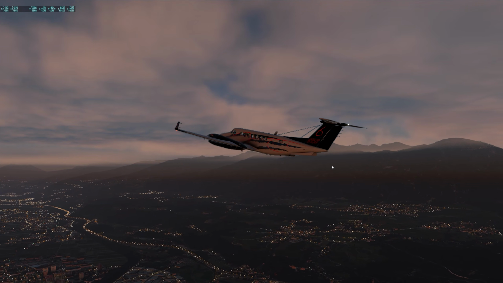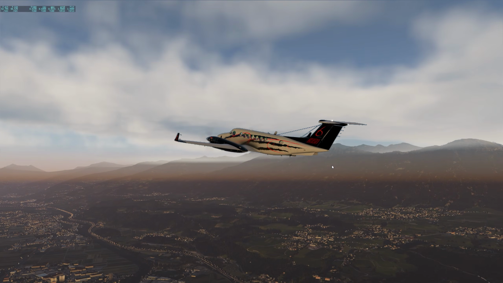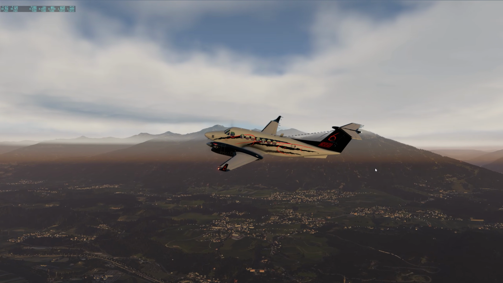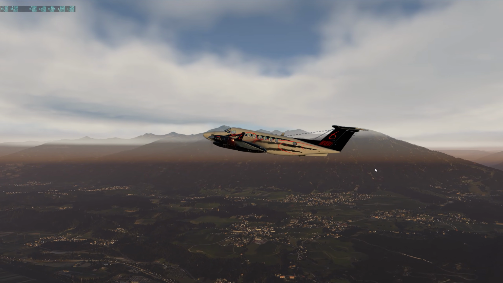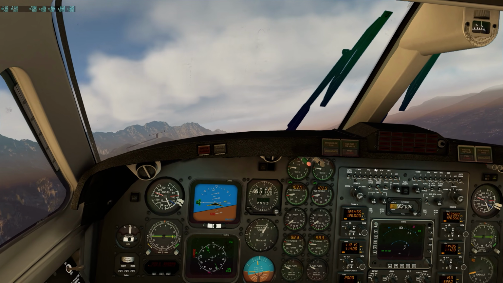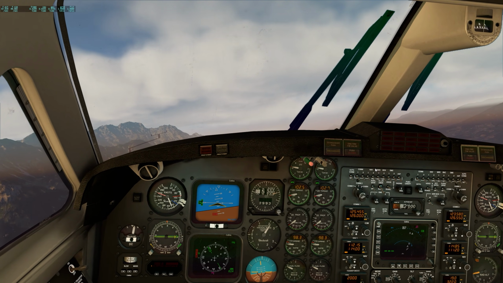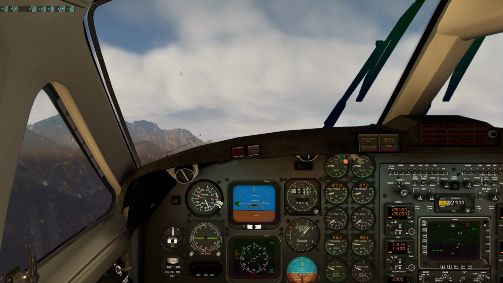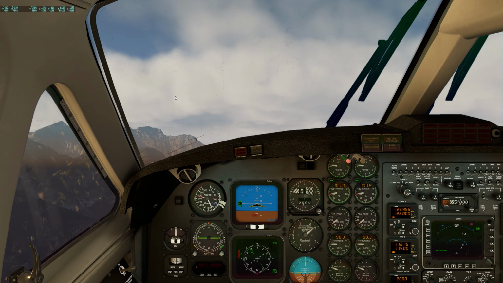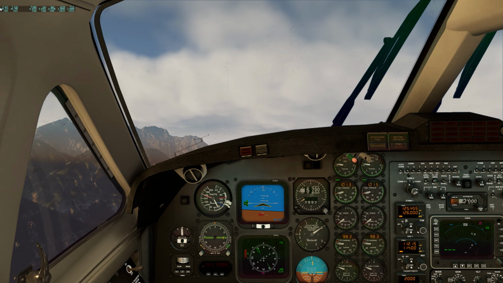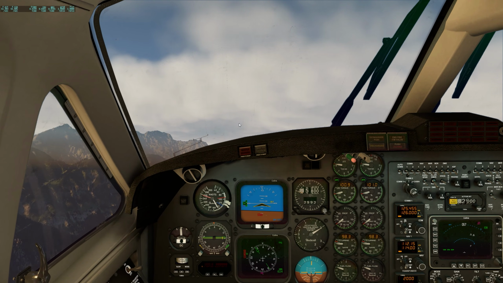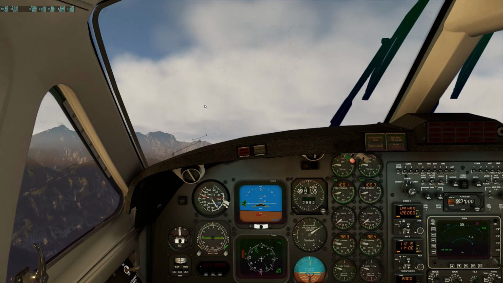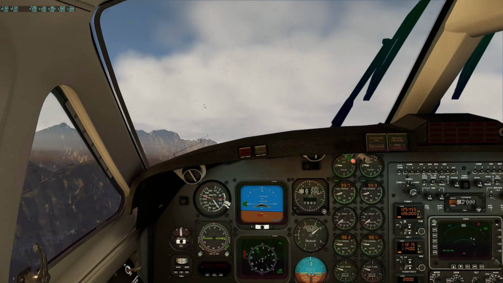And we can change the time of day here. And there you have it. Looks very, very nice indeed. Again, you can see the frames are still pretty solid. And as we come here to an area that is a bit more involved in terms of the clouds, or the accumulation of clouds, you can see that the frames are not suffering at all. So there is very little effect on performance, which really makes this plugin one of the best cloud enhancement plugins